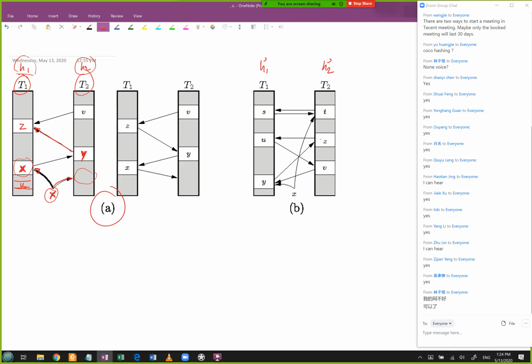And again, the benefit is that you have constant time lookups, because at most you need to do 2 hashes. Any questions about that? Okay. If there are no questions, then today